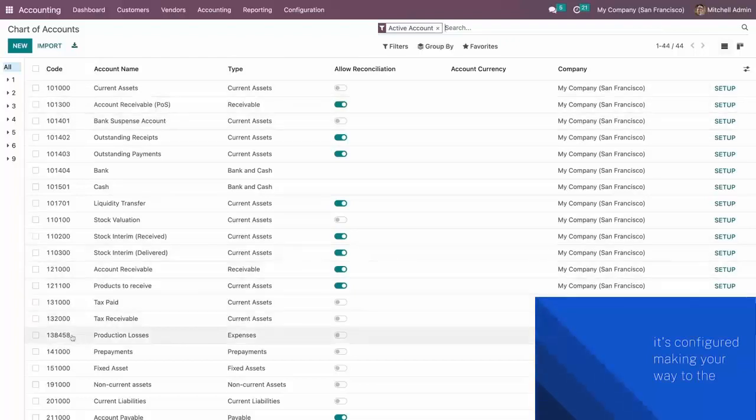Making your way to the code column, this is a unique number that basically helps us identify the account. For the name, I've set it to Production Losses, so that we know what we want to use it for. I've also set the account type as an expenses account type. This means that the account is one of several expense accounts